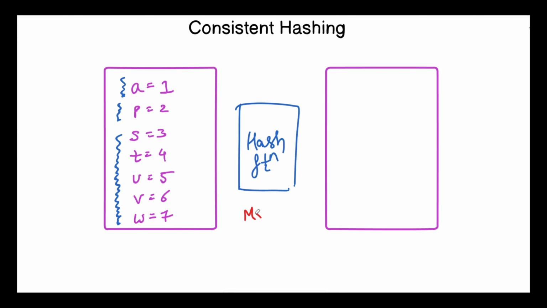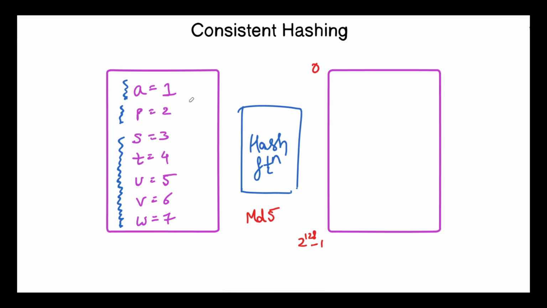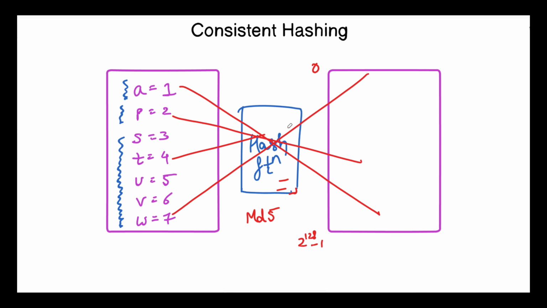If we use the MD5 hash algorithm, then our data will be in the range 0 to 2 raised to the power 128 minus 1. So if we pass the keys through this hash function, we get a value in the range of 0 to 2^128 minus 1. And the data will be evenly spread over this large range, leading to a uniform distribution. We will not cover how this hashing technique works in this video, but for now, let's assume that this method will transform unevenly distributed data into a uniformly distributed data set.